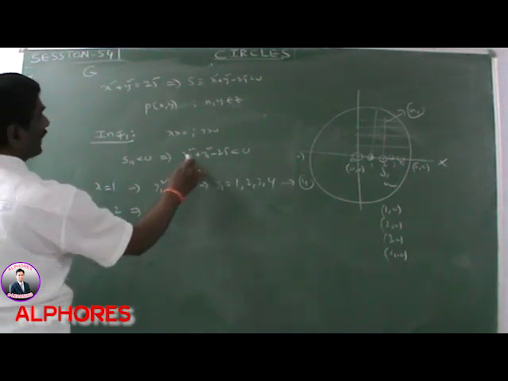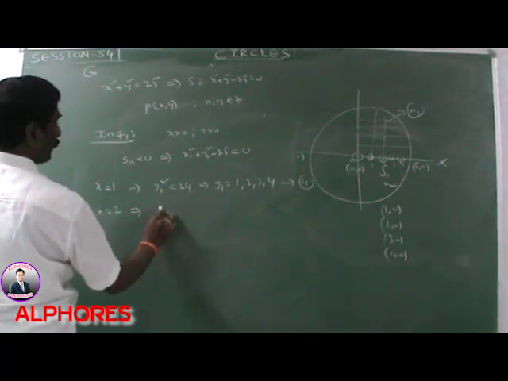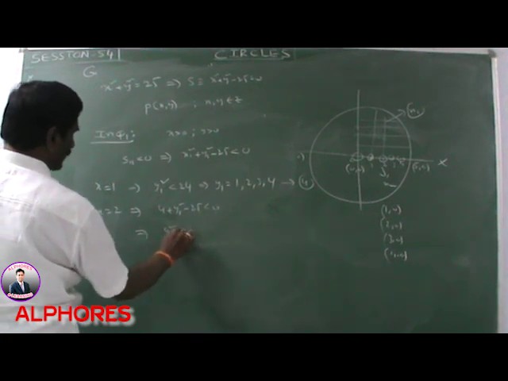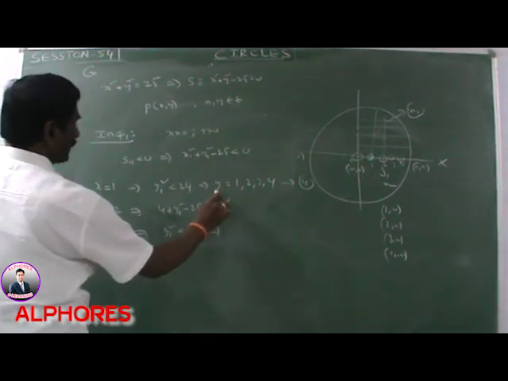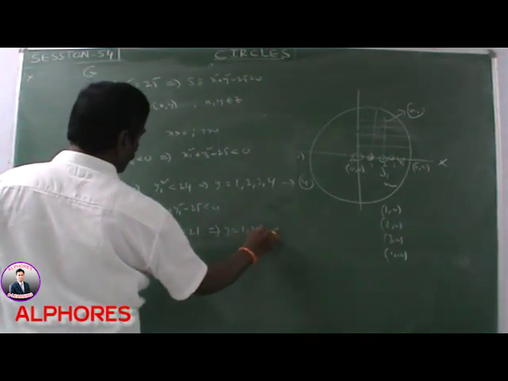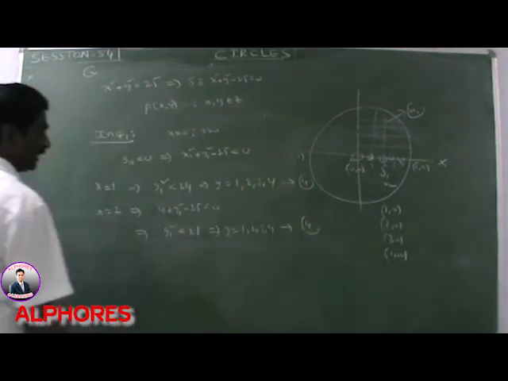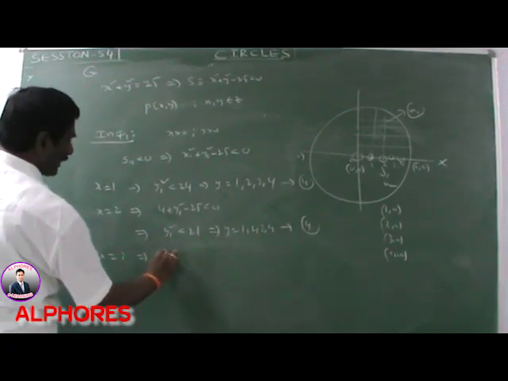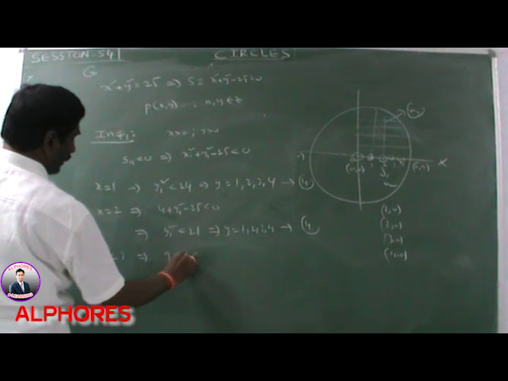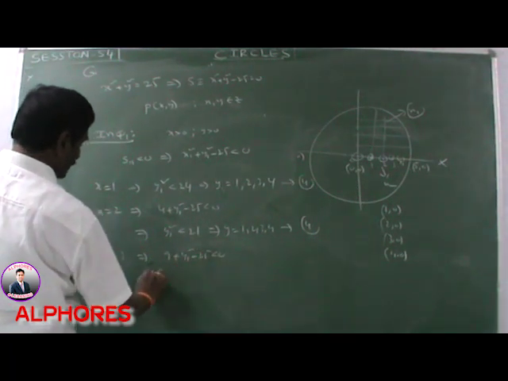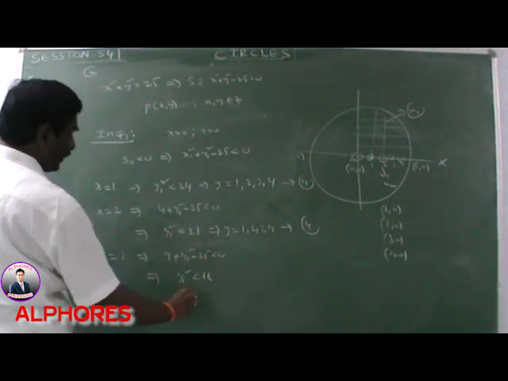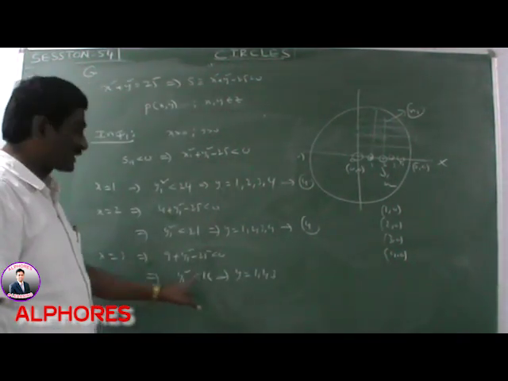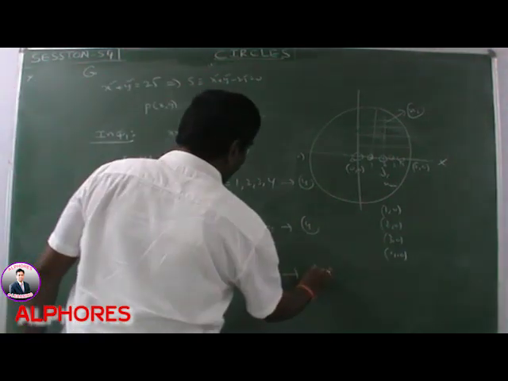Suppose x is equal to 2. That means 2 square, 4, plus y1 square minus 25 less than 0. That implies y1 square less than 21. How many values are possible in this case? Y is equal to 1, 2, 3, 4. That means 4 possibilities, 16 less than 21. Next, x is equal to 3. 9 plus y1 square minus 25 less than 0, y1 square less than 16. What are the possible values of y? 1, 2, 3. Suppose you take 4, 16 less than 16, meaningless. In this case we get 3 values.